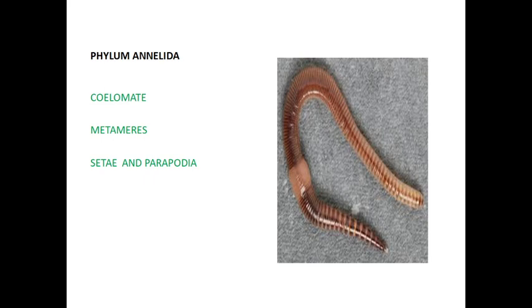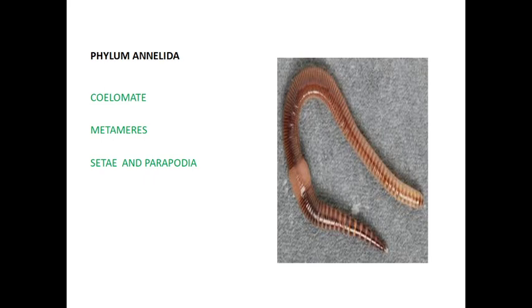and it is bilaterally symmetrical and triploblastic. Bilateral symmetry means it is possible to cut the body into two equal halves only. The body is made up of three layers: ectoderm, mesoderm and endoderm, so it is called a triploblastic animal. They have the organ system grade of organization. Up to the phylum Cnidaria there is no organ system, but here the organ system increases,